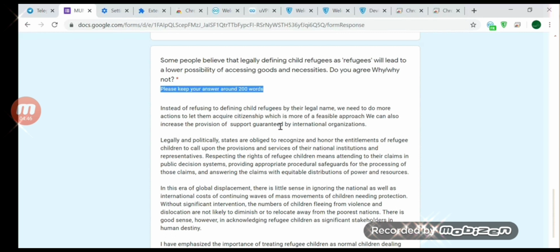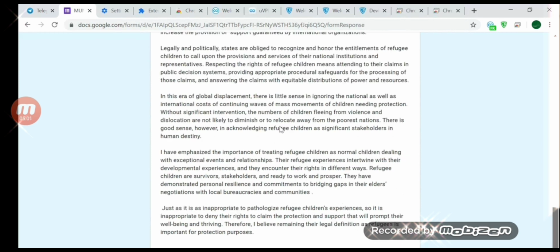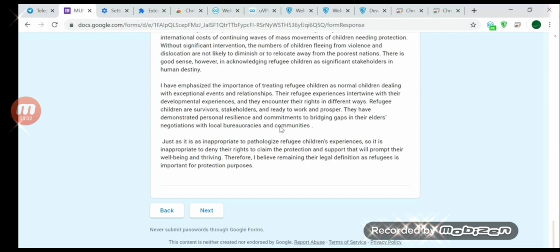Mostly the organizing team tries to give you some tips in the application form, like how many words you need to use, so please be careful about it. They say around 200 words, so I tried to make my essay around 200 words. I know it took a while, but I know that it is worth it because it's a prestigious conference. So just take some time, sit down and write the essay. It's going to take an hour or 1.5 hours maximum, but it's going to be worth it. Why not? It's an experience for you.